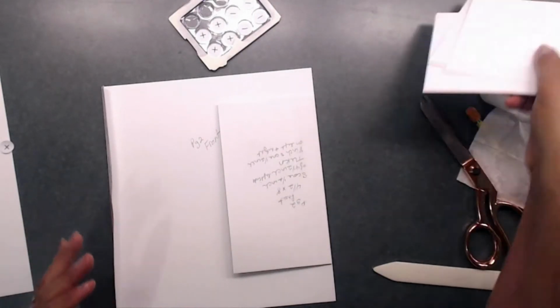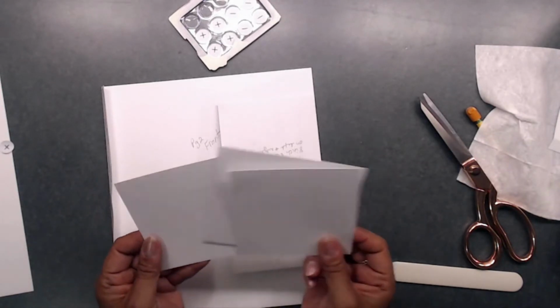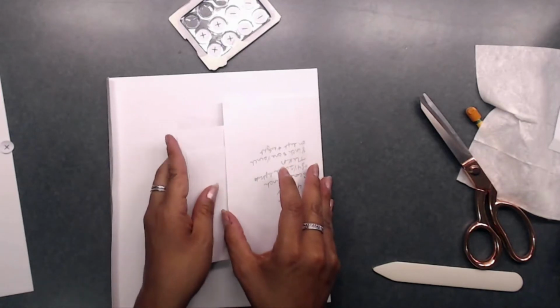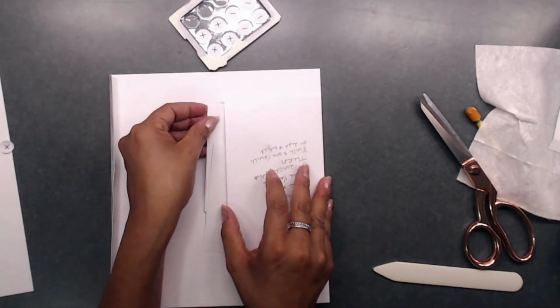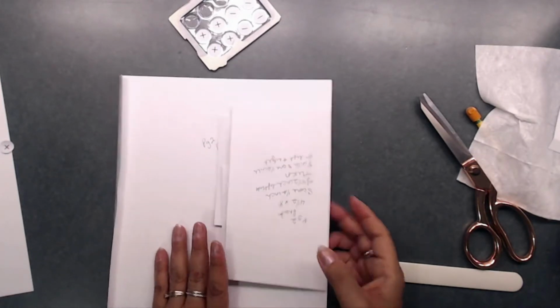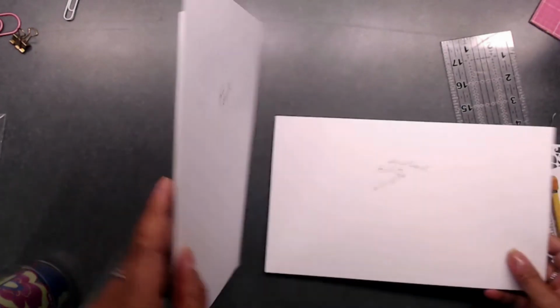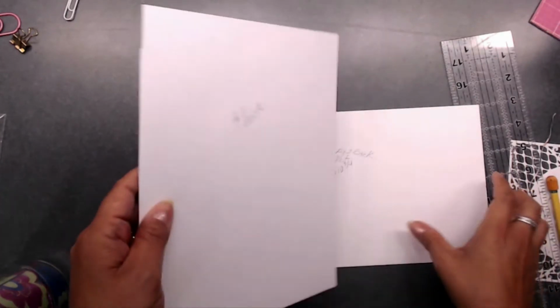Now I have a few little squares here, and I don't know the sizes. They're just little different sizes, and you can stick as many as you want in there because our pocket will fit several different ones. Okay, so there is that. Okay, so now that we've covered the front of page 2,